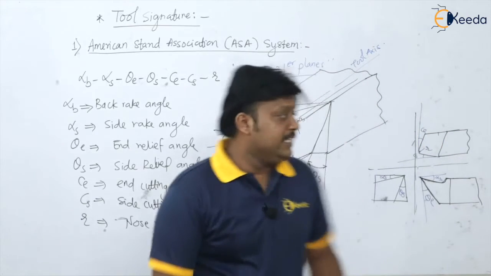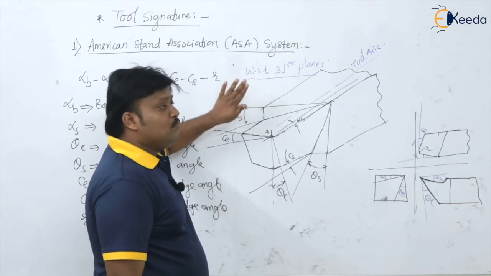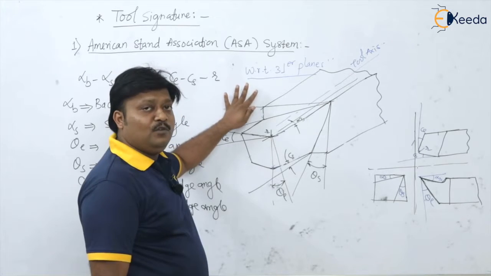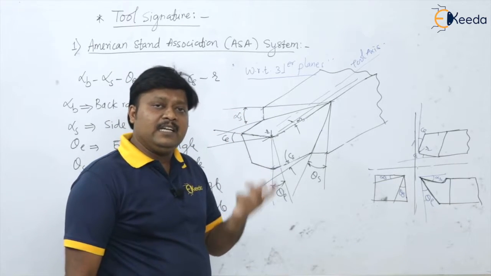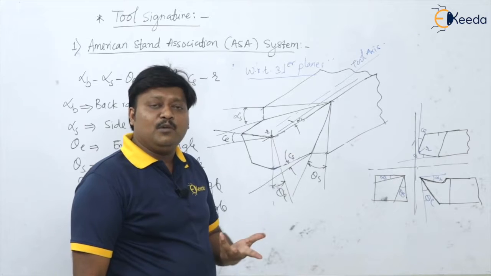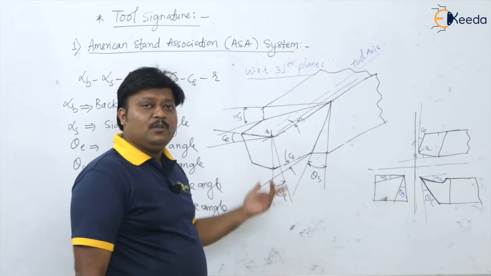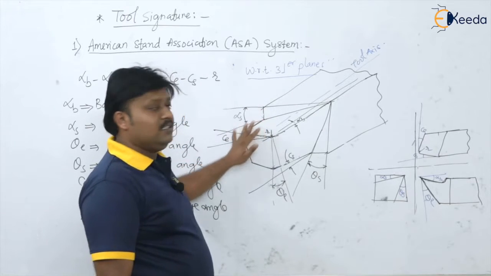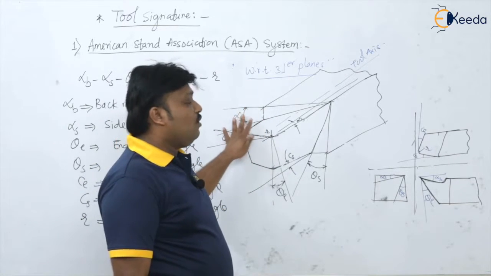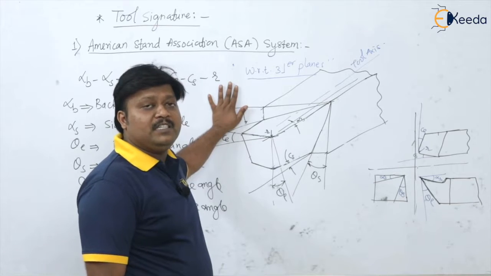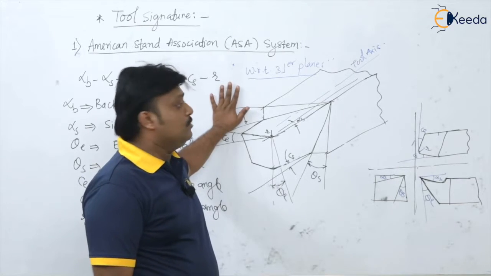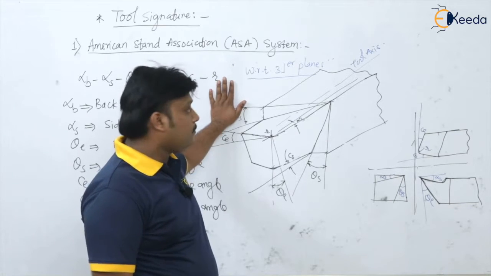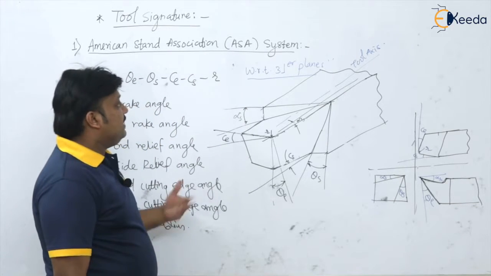Okay, so see here, this is mostly used on the shop floors, because on the shop floors many of the people are, say, ITI or diploma holders, so they can easily identify, they can measure and they can remember those angles. But it is not used by the analysts, researchers or scientists, because analysis of this metal cutting becomes difficult. So I will come to that next